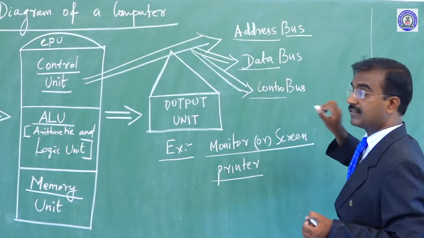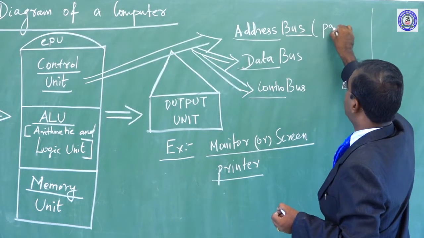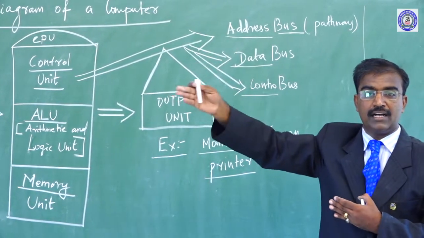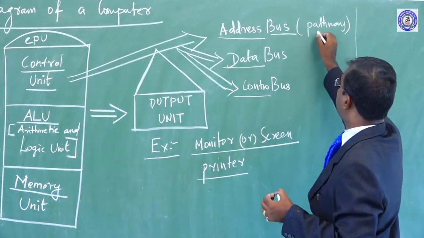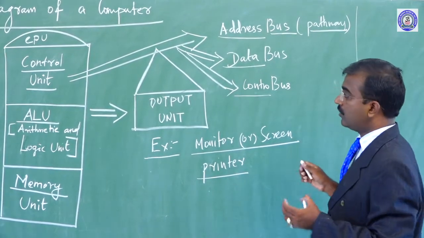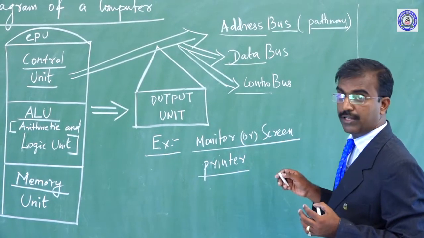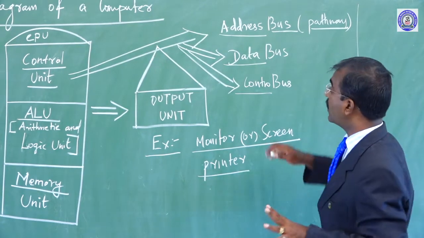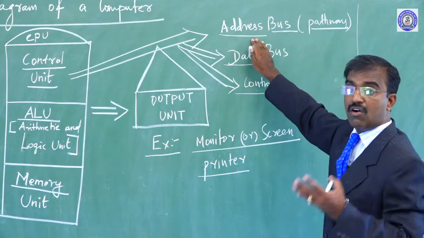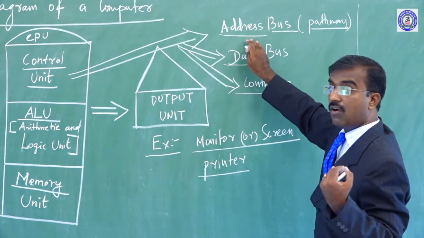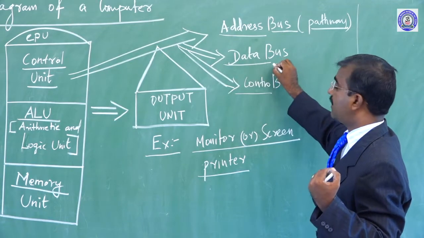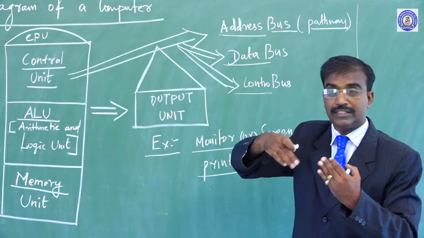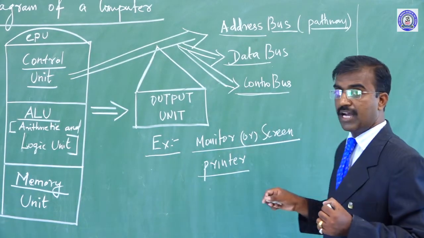Sir, every time you say address bus, data bus and control bus, what is the meaning of bus? Bus is nothing but a pathway, the wire connecting between two places, from here to there. So a pathway is a bus. The control unit signals with green, sky blue or red lights. If you are getting an address, all the information, this is called the address bus. All the details we can store in a particular area, that is the data bus. Every process that happens, the red color button blinking, that is called the control bus. I think you are clear?